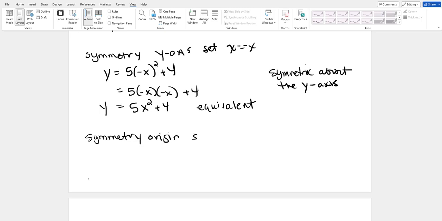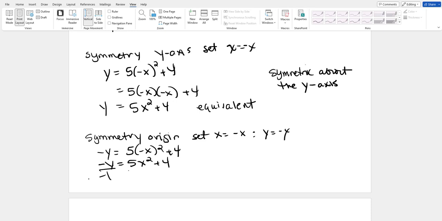This is not equivalent to our original equation. So there is no symmetry about the origin. Okay? So the only thing that is symmetric about is the y-axis. So I put the graph up here of this function, of this equation, and as you can see, it's a